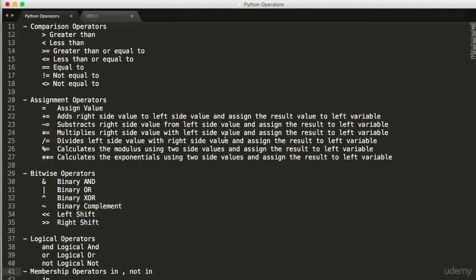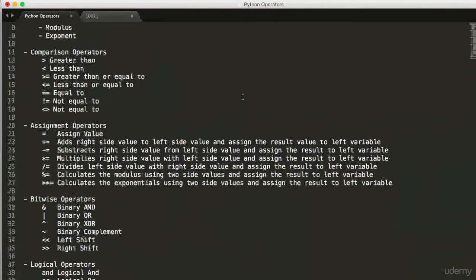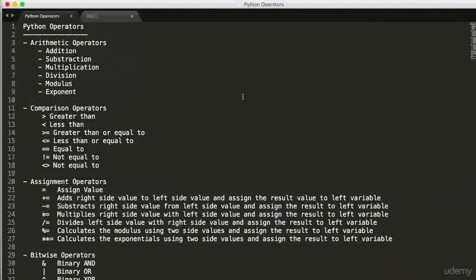So we came to know about different operators in this tutorial, like identity operators, membership operators, logical operators, bitwise, assignment, comparison, arithmetic operators. So this is all about operators in Python. We have also learned one example with each one of them. I hope this helped with your learning process.